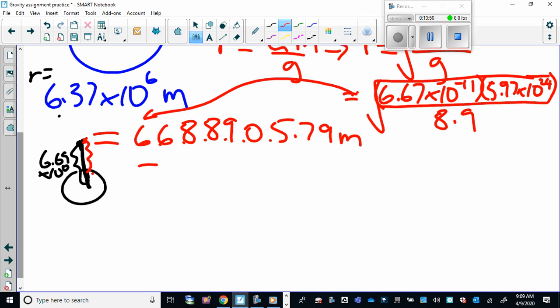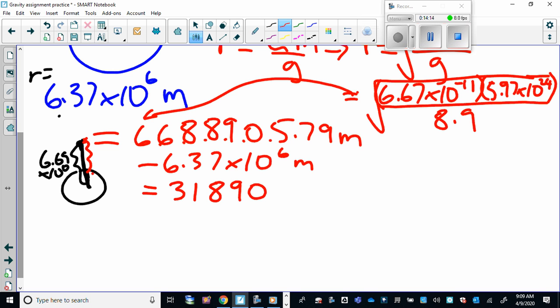So we're just going to subtract 6.37 times 10 to the 6 meters, minus 6.37 E6 on your calculator, and you get